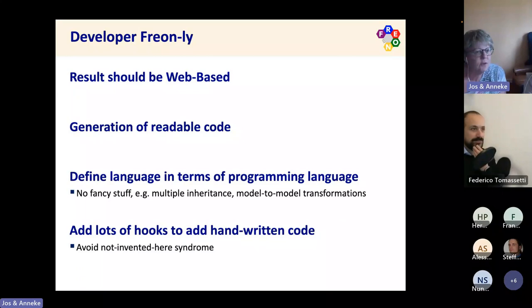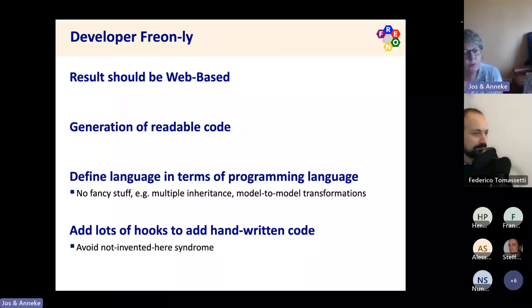Therefore, we have to define languages in terms of programming languages. Therefore, we don't have multiple inheritance. We don't talk about model-to-model transformations and all other fancy stuff. We just stay away from that.